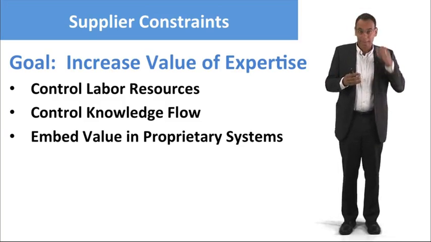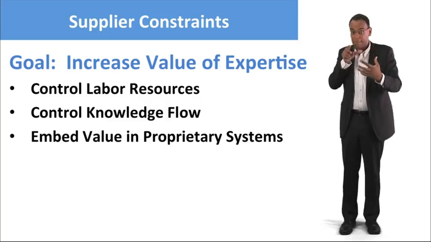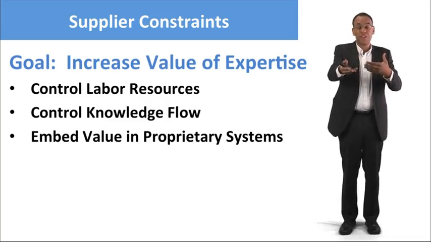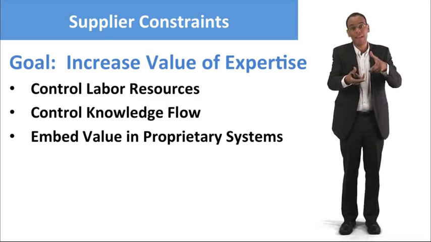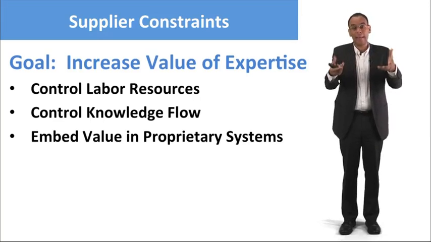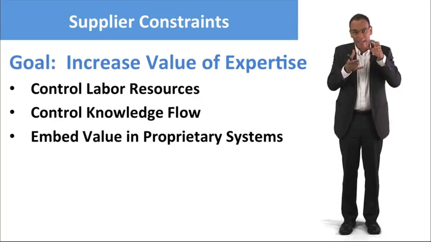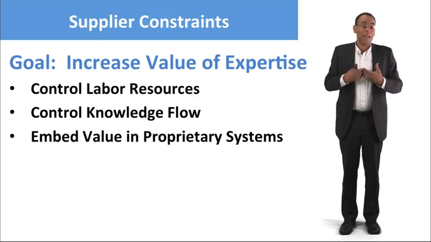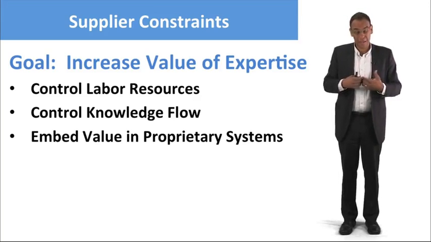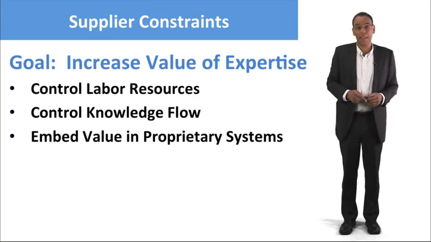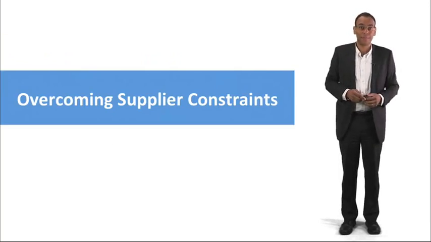Let me say that in a different way: if I know I have something of high value, I don't want to give that directly to the organization that I'm a supplier to. I don't want to give them the value in a way that they can disaggregate it and take it apart and use it to their own devices. If I give them the whole package in a way that they can't take it apart, then actually I've maintained some value. So my interest in innovating is innovating for myself in a proprietary system, and not innovating for the organization to which I'm supplying my value.